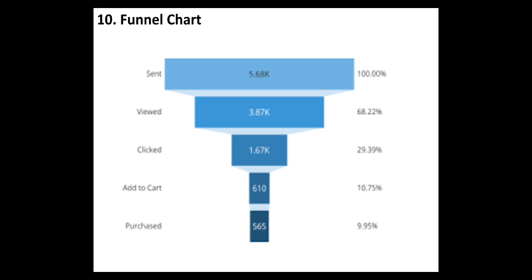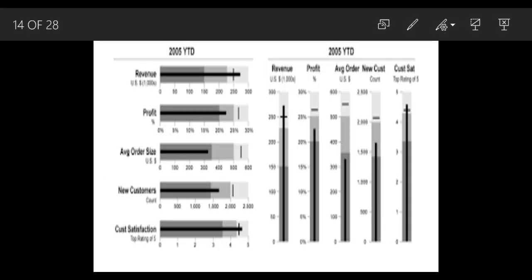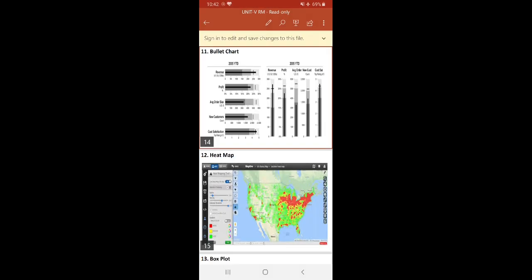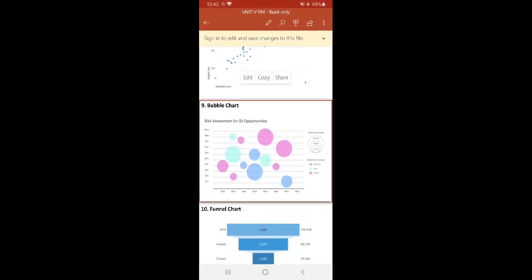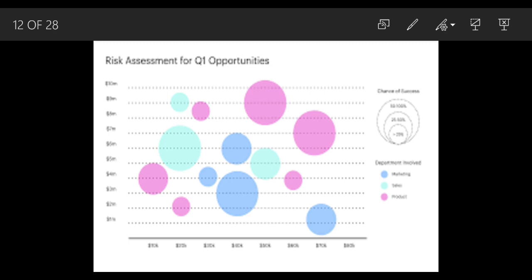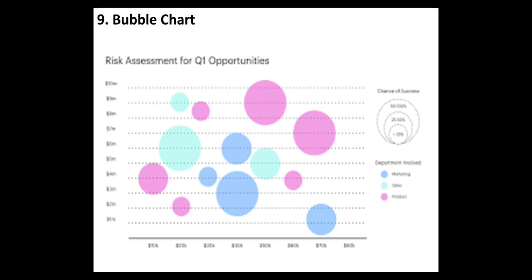A bubble chart is similar to a scatter plot, but the researcher can introduce a third variable to the visualization by having the size of the bubble indicate the value of the third variable. If we have only two variables, we go for a scatter plot or other charts, but if we are introducing a third variable, we go for this bubble chart.